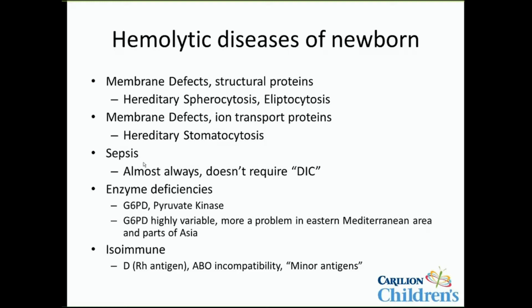Pyruvate kinase can be a very severe hemolytic disease problem with tremendous elevations of retic counts and elevations of bilirubin to the point that children can actually die from this in utero, although in other children it seems to be a relatively mild problem. The major thing that we think of in hemolytic disease of the newborn is an isoimmune,